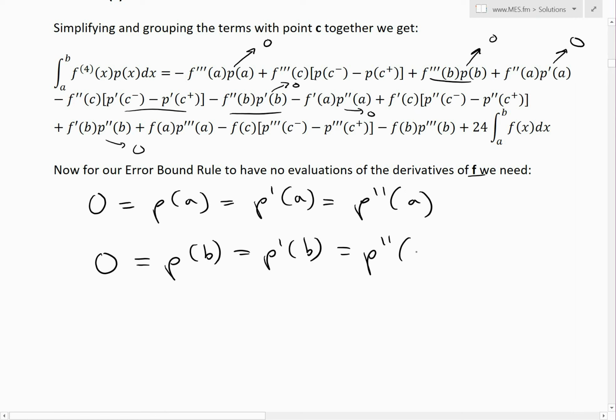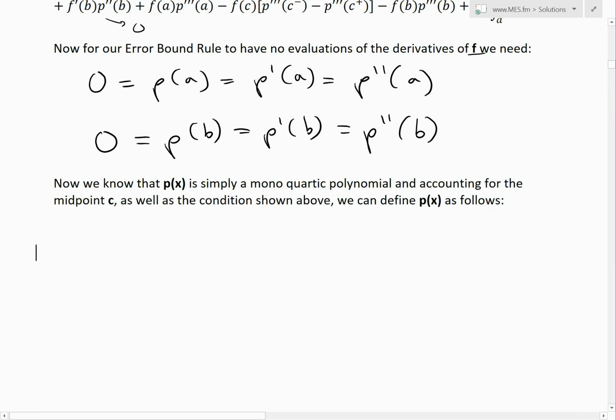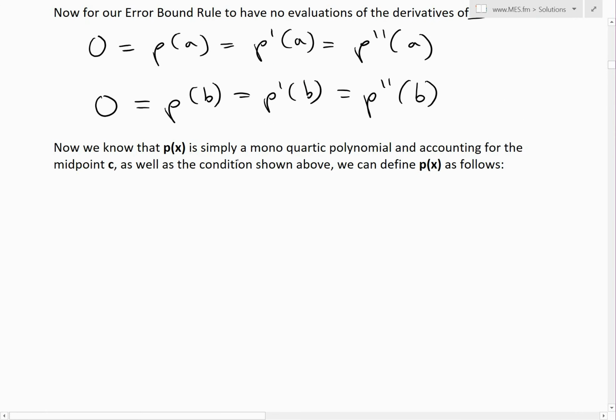So we're trying to get rid of all of the derivatives of f of x. That's p of b. Now we know that p of x is simply a monic polynomial, accounting for the midpoint c as well as the conditions shown above. So we want to make this true for our case. So we'll define p such that it follows all of the clauses that we pointed out. It's going to be a piecewise function where we have x minus a cubed times x